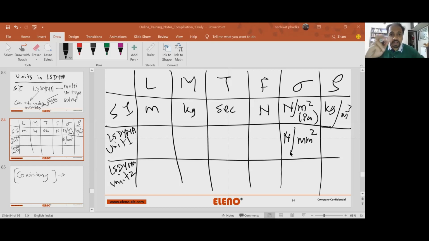Okay, that clears two things. When I'm writing the stress unit as Newton per millimeter square, I'm clearing that my length unit will be in millimeter, which is the case in industry. Even if you have, let's say, a long vehicle, a battery tank, the dimensions are still in millimeter. Is it making sense? So you are building any damn thing, you will be making everything in millimeter unit. That's for sure. Am I right?